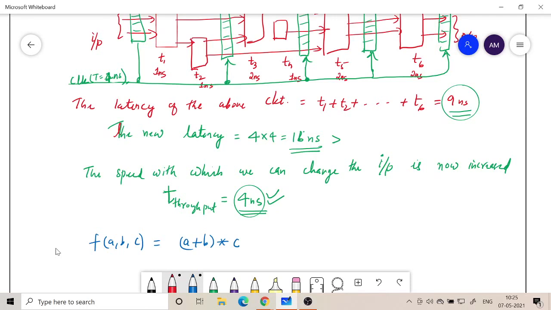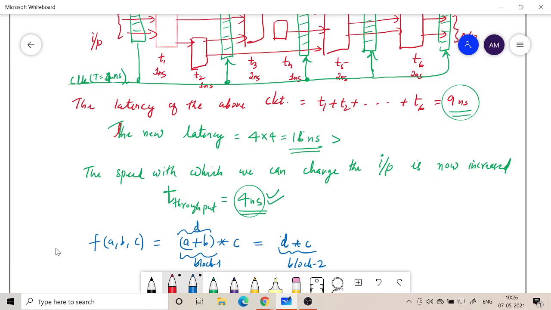Okay, so this will take place in 2 steps. First of all, we need to add. So let's say that block 1 is performing that. So this is done in block 1. After that, the result that we get, let's say the partial result, I will call it d, and that will be multiplied. So this is done in block 2. So block 1 will perform the addition, and the result d will be multiplied with c, which will be performed in the second block.